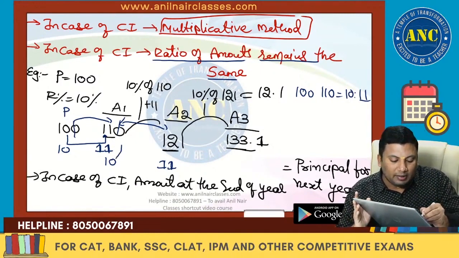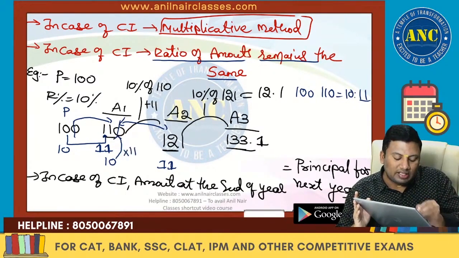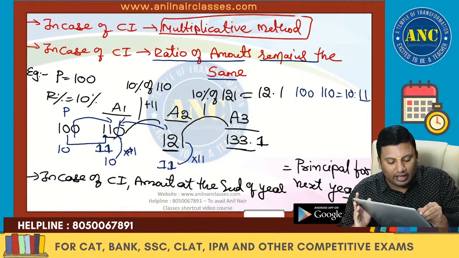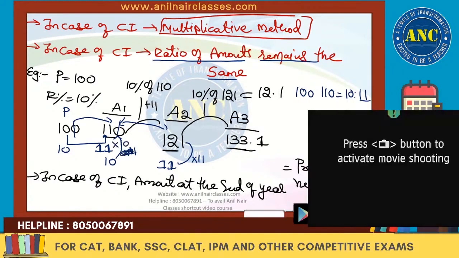Now see here, 10 becomes 110. So 10 into 11 is 110, 11 into 11 is 121. Are you all with me? Or you look at it like this, 11 into 10 is 110 and 11 into 11 is 121. In the first ratio it is into 10 and into 11. The initial value is multiplied by 10, the final value is multiplied by 11. In the next two also, this should be multiplied by 10 and this should be multiplied by 11. Are you all with me? Next one, again it is of the form 10 into 11. 10 into 12.1 is 121, 11 into 12.1 is 133.1.